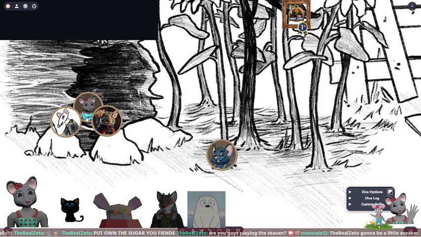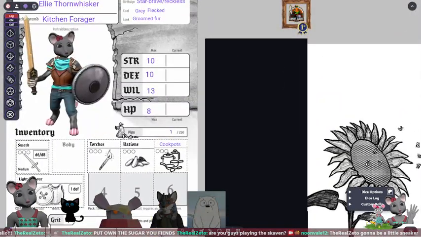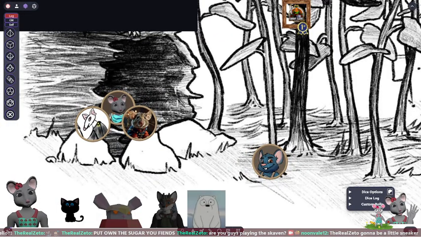For anyone who's searching the leaves, roll a dexterity save. D20. So I rolled an 8. That's less than my dexterity, so I succeed. Yeah. Okay. So I guess you searched. You're both searching through this pile of leaves and bones, and you managed to find